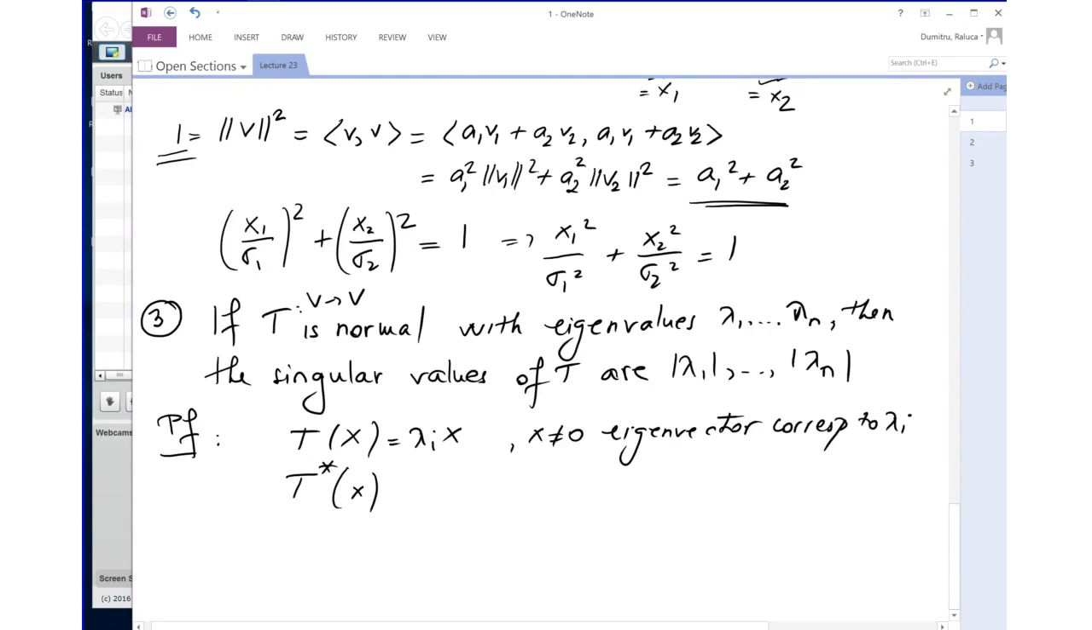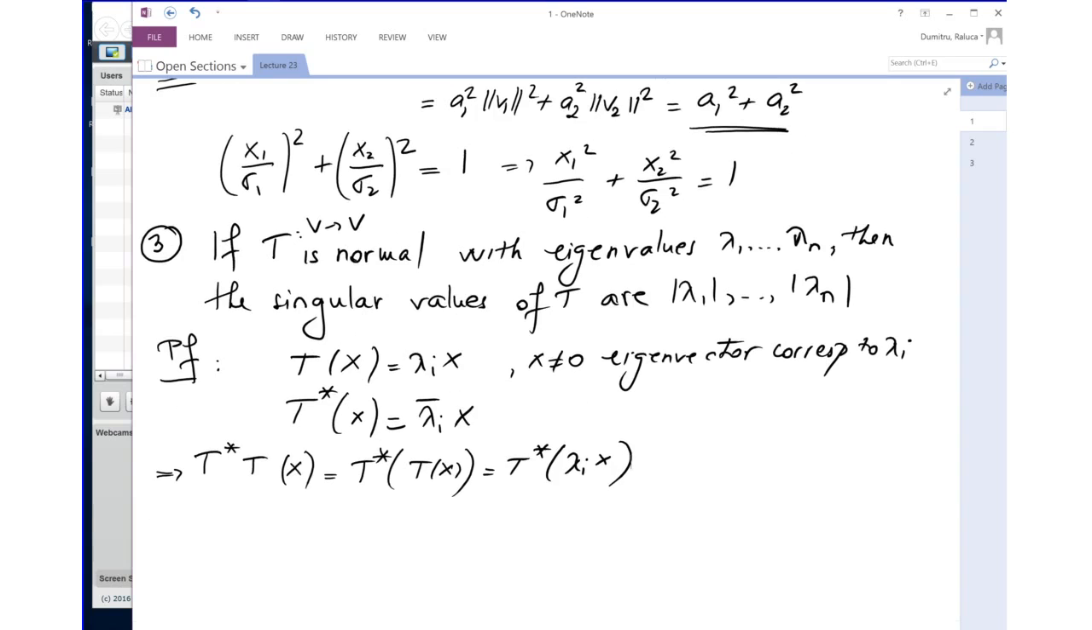Being normal tells us something about how T star behaves with respect to this eigenvector. It will be an eigenvector for T star as well, but the corresponding eigenvalue will be the complex conjugate. So this is lambda i conjugate times x. So then if I go to T star T, I get T star of lambda i x,